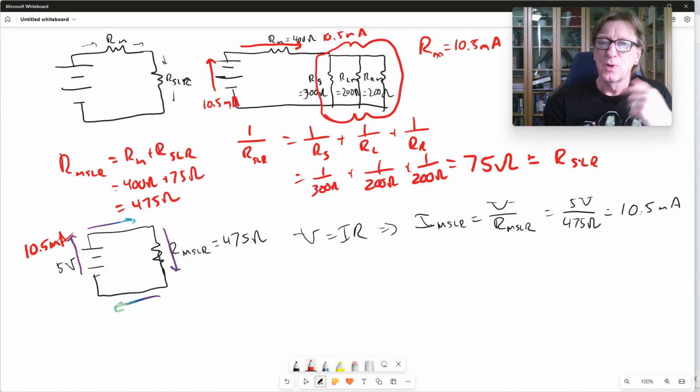Okay, so we now know that our motor current is 10.5 milliamps. Now, that doesn't really help me much with this one because that's just a whole bunch of things together. And same thing here, that's a whole bunch of things together. That's all 3 of these. So